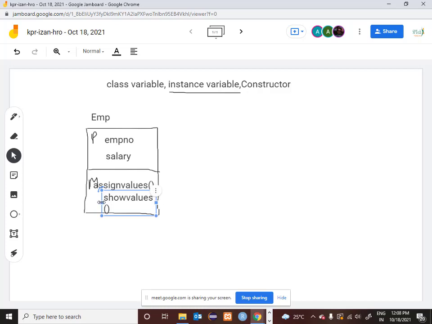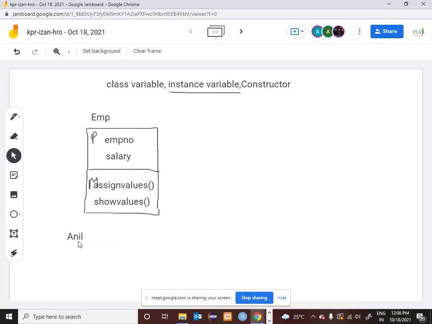Now the Employee class has two properties, employee number and salary, and two methods: the assign values method and the show values method. Now we can start creating objects. Let's create an object called Anil. For this Anil object, I want to assign the employee number and the salary.